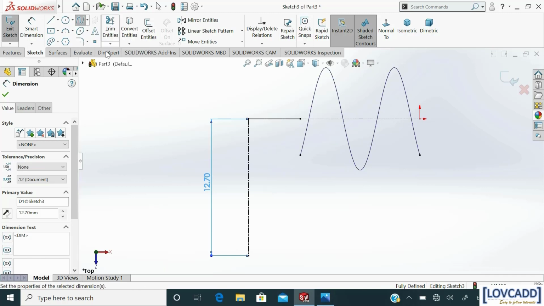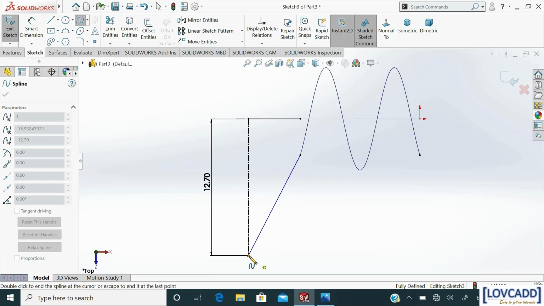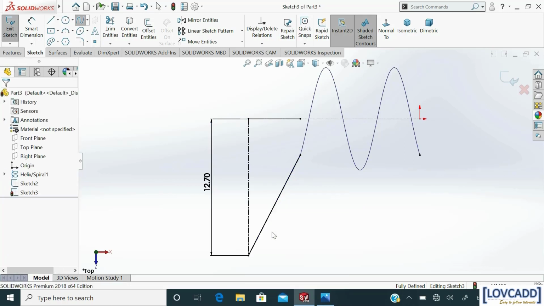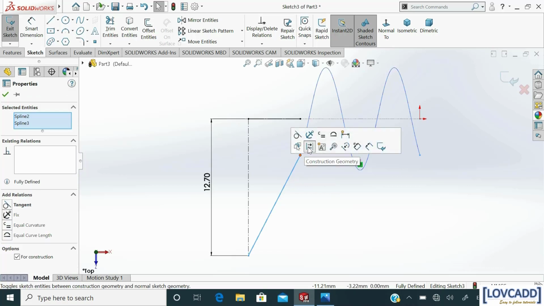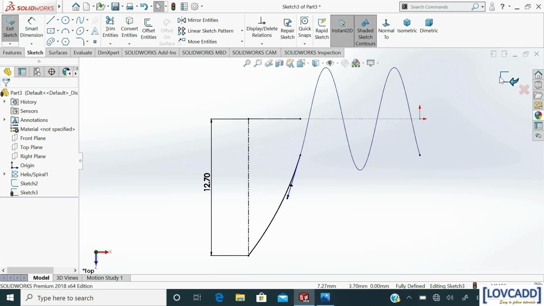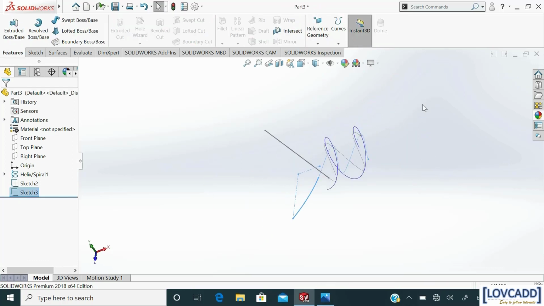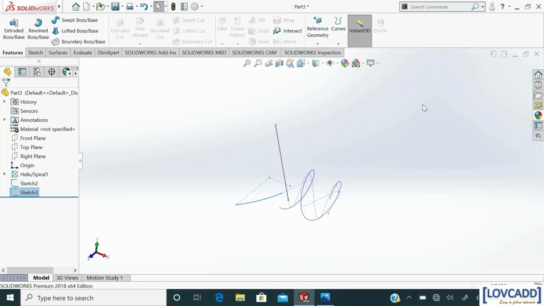Now select spline, connect these 2 points and make it tangent. Exit the plane. Now I am going to create a 3D sketch on 2 surfaces.